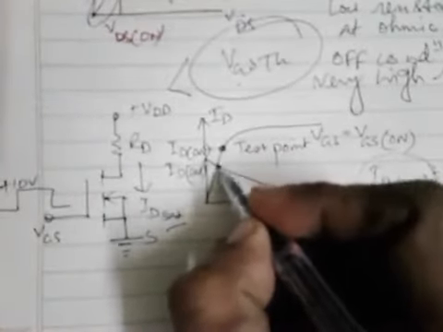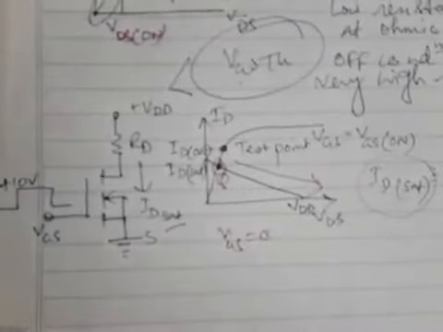That means the Q point will lie at the lower end of the DC load line. It will come down here, the Q point will be lying over here at this point. For cutoff condition, for VGS equal to 0, it will come down to this region. And when VGS is VGS on, that means when this is satisfied, the Q point will go to the upper end of the load line, towards this side for VGS on.